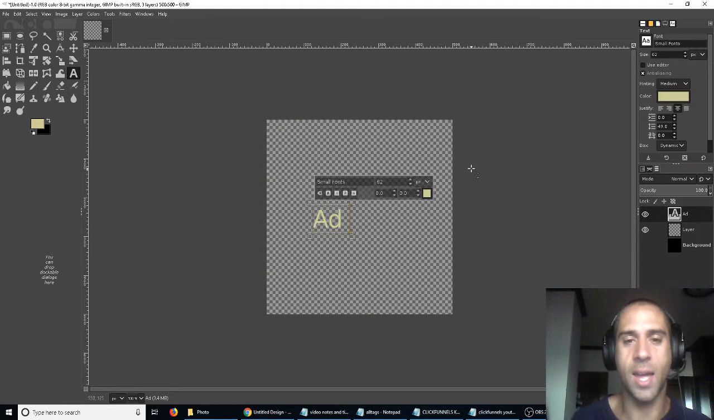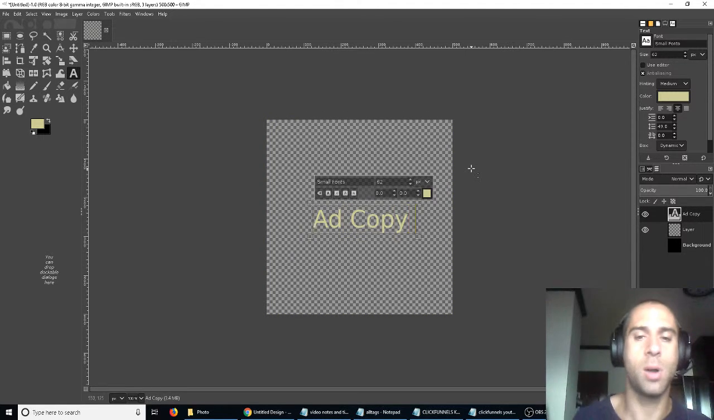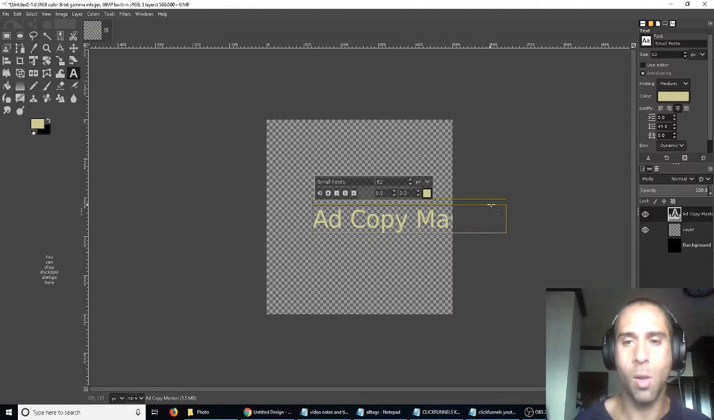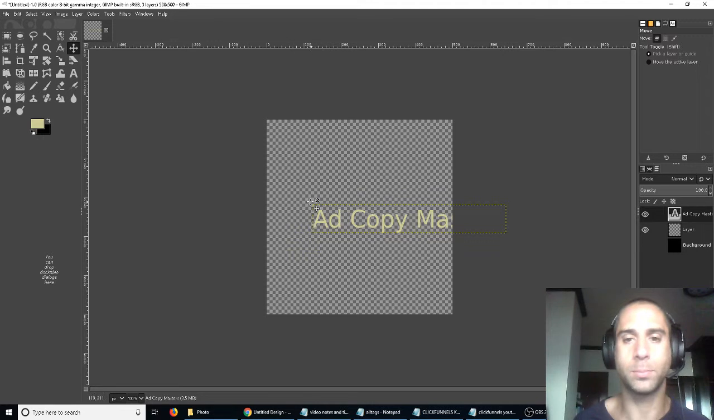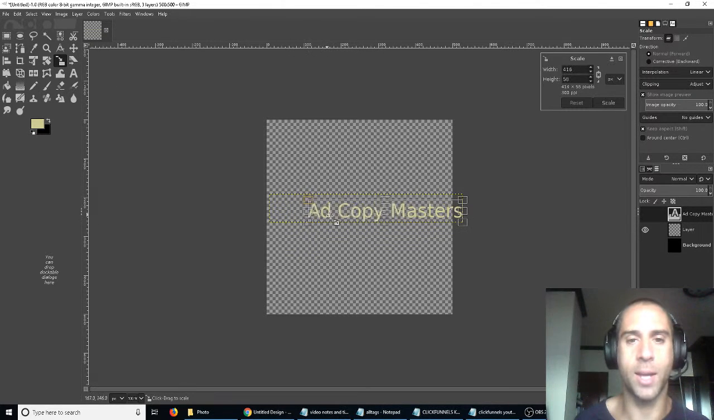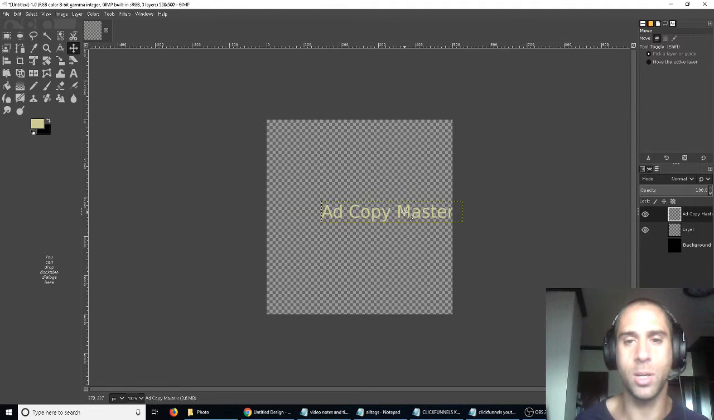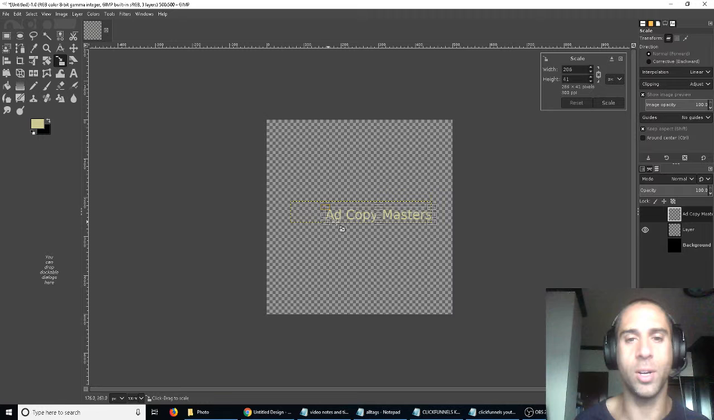So let's see, our logo is Add Copy Masters. That is the name of our company. And if you don't know exactly how to do all of this stuff that I'm showing you, don't worry. Although, I guess you probably should take the time to learn how to use some kind of image editing software, because it's very valuable. So basically what I'm doing is